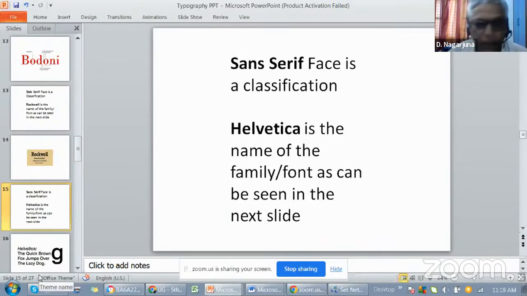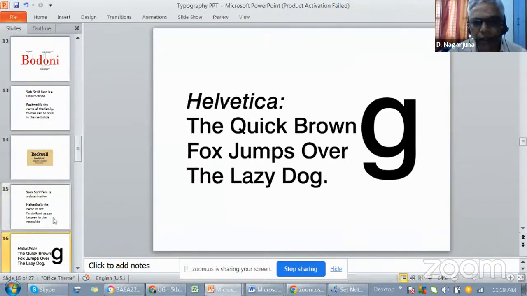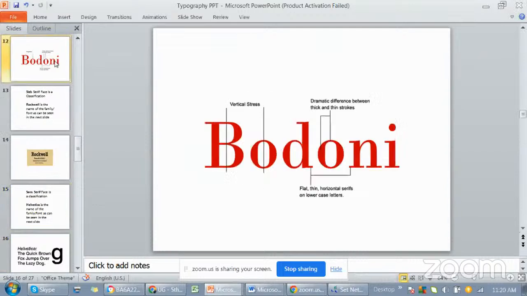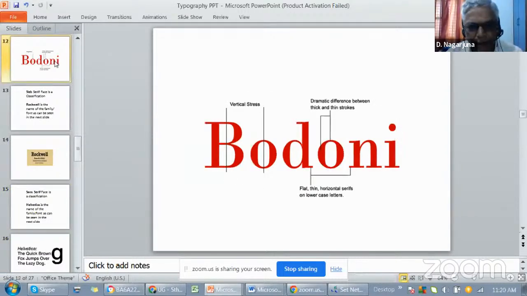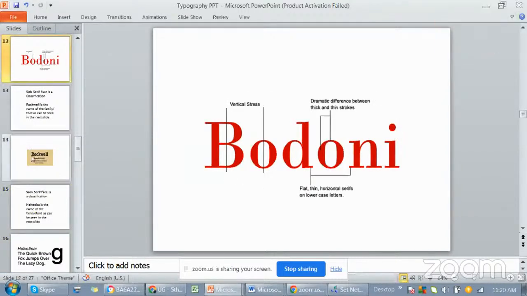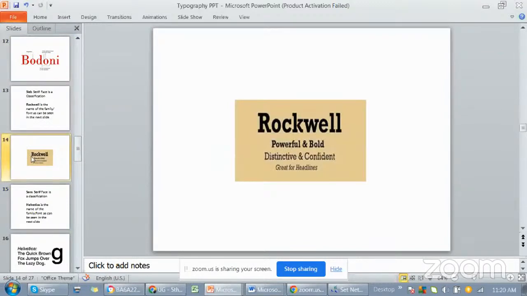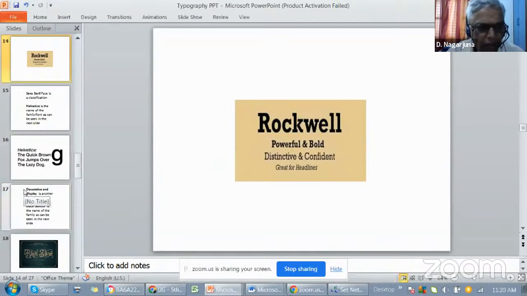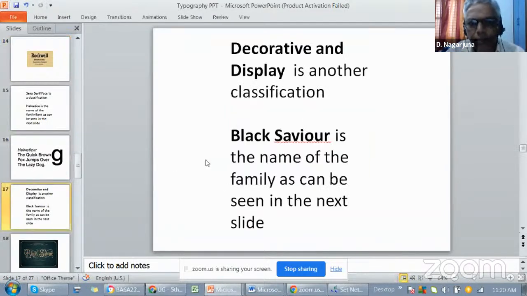Now you understood that major classification is done by serifs, sans serif, like that. अब देखो हेलवेटिका, ये serif है sans serif है? Sans serif है सर। Very good. ये serif है sans serif है? Serif है सर ये। Very good. ये क्या है? ये भी serif है सर। स्लैब सेरिफ बोलते हैं इसको, यही आप बोल रहे थे ना। अभी इसमें देखिए, ये sans serif यूज किया।